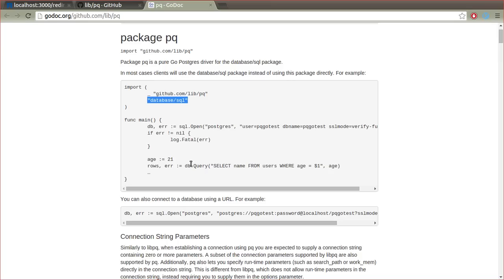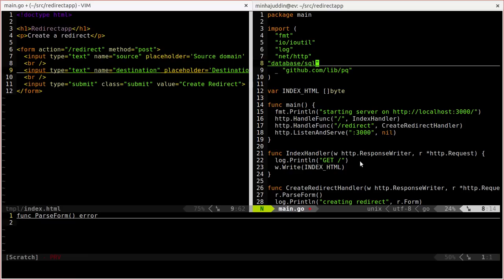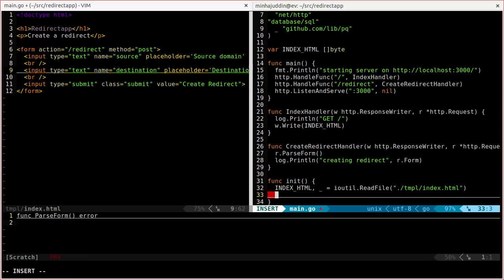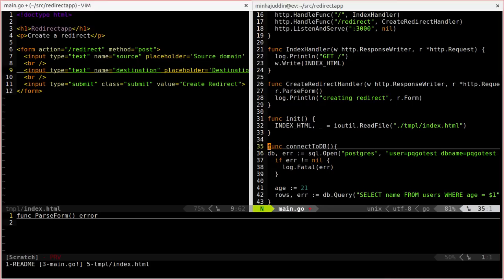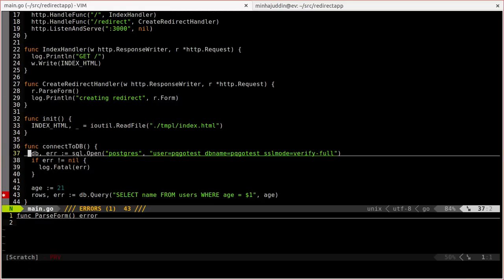And in the init, we will open up a database. So I'm going to copy this code and use that as a template. Maybe I'll put it in a different method. So func connect to DB, right? This guy is gonna connect us to the database. Let me close this. So Postgres,